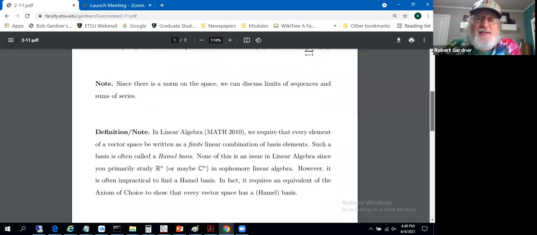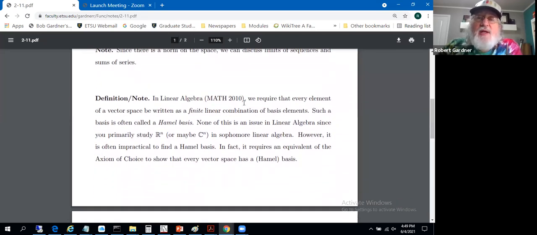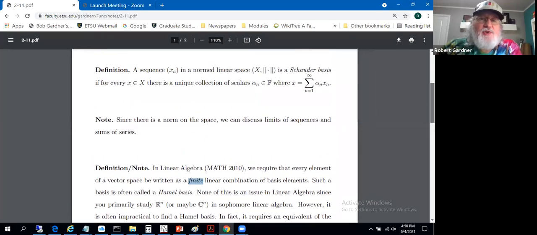So Schauder basis, that's a good kind of basis, the topic of this section, though there are other kinds of bases. In straight up linear algebra, as a definition and a note sort of combined, we require that every element of a vector space be written as a finite linear combination of basis vectors in a unique way, the uniqueness giving, again, the linear independence. So the difference in a Schauder basis and the kind of basis you talk about in sophomore linear algebra is there's no series. You don't talk about series in linear algebra in this sense, unless you do some somewhat advanced stuff.